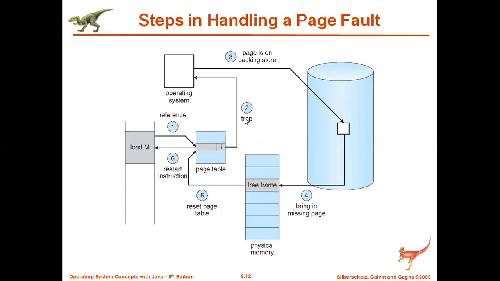This trap is nothing but a context switch which will happen here. The control will be given to the operating system. So once the operating system gets the control, what is its task? It will contact the secondary memory on behalf of the CPU. Then it will get that page and store it here. Once it stores it here, the frame number will be received. That frame number will be given to this page table. Then I will be changed to V. Then the CPU can easily access.